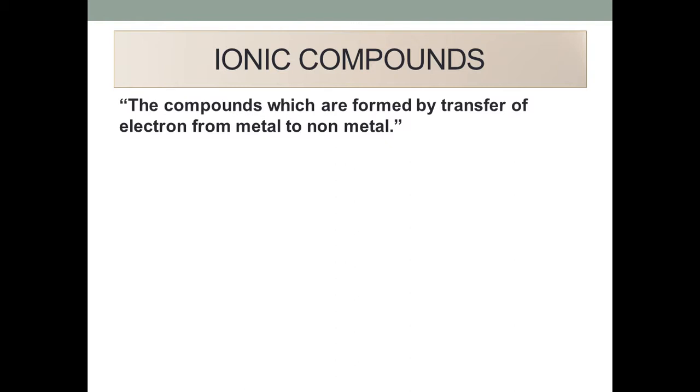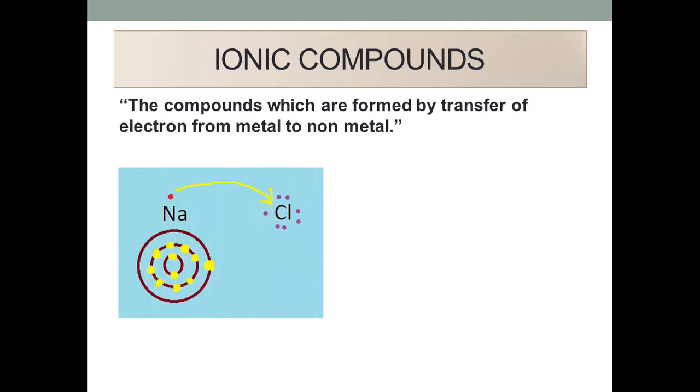If we see the periodic table and compare, the S block elements, where we find this periodic table, is on page number 86 in your class 10th NCERT textbook. You can see here there is an S block and a P block. The metals always belong to S block, and generally the non-metals in ionic compounds belong to P block. So we have a look at the first ionic compound, that is NaCl, and this picture represents how ionic compounds are formed.